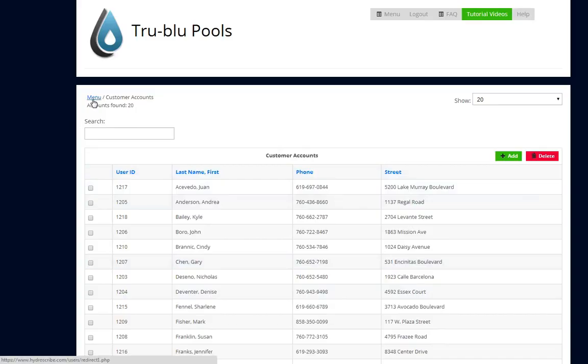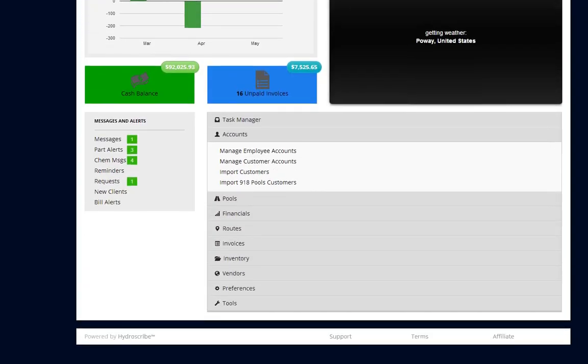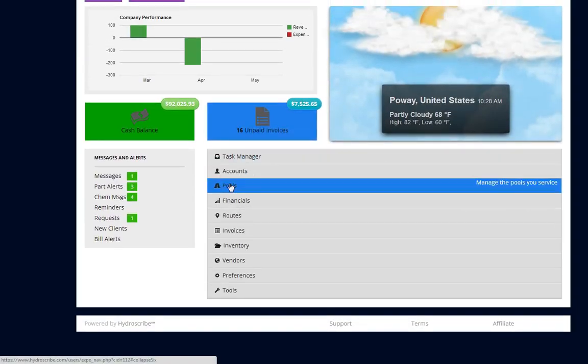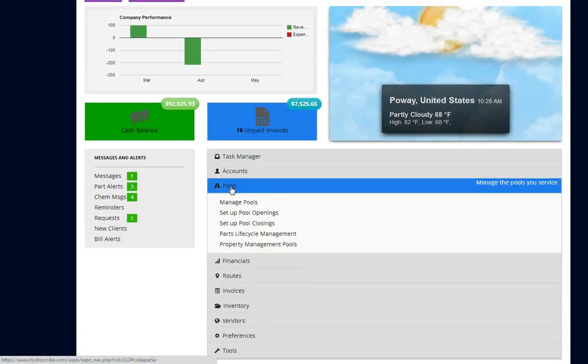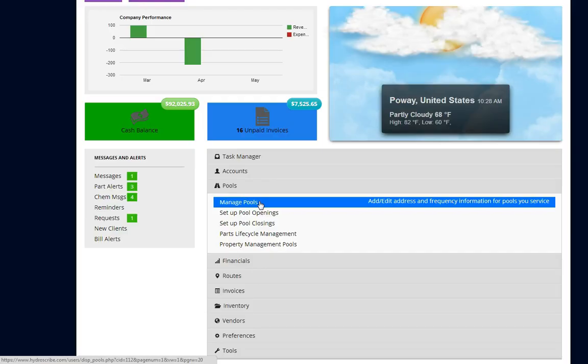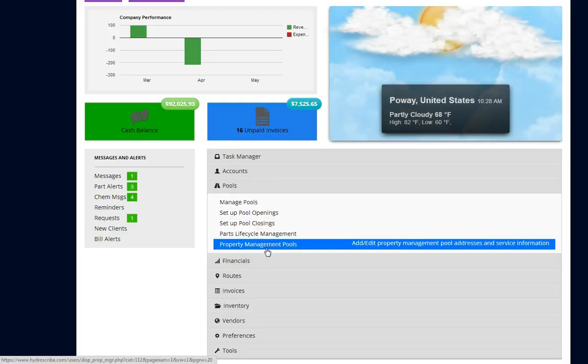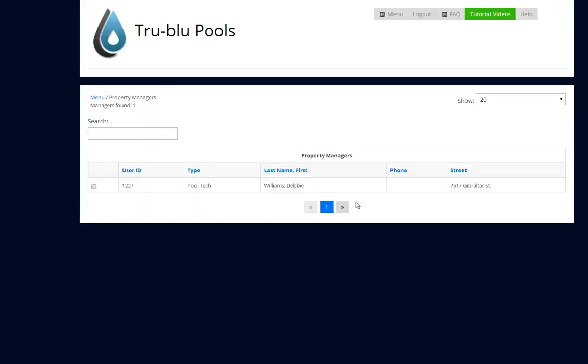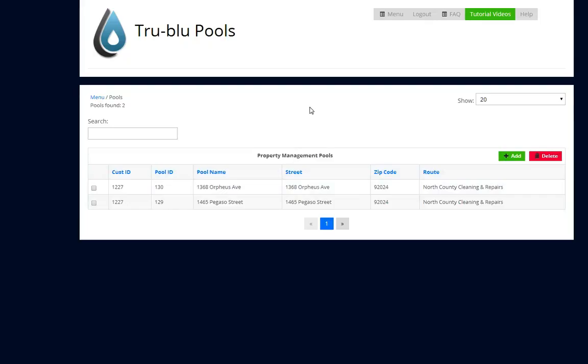Now after you've entered the account, the next thing you need to do is to set up the pools that you're going to be servicing. And normally we go to manage pools to set up pools for individual customers. For pools, however, you're going to go to property management pools, and the first thing it will do is bring up a list of the property managers. Here we only have one because this is just a test system, but we're going to select this property manager, and you can see this person already has 2 pools in the system. So we're going to add a third,